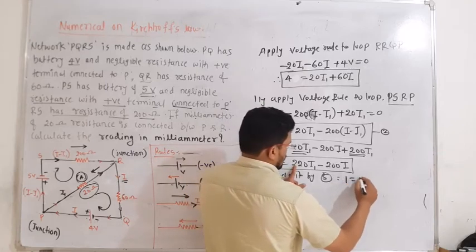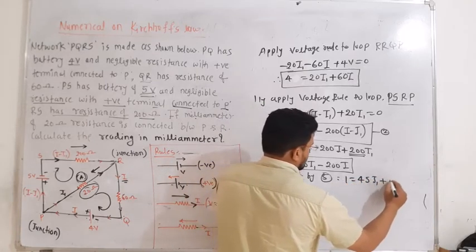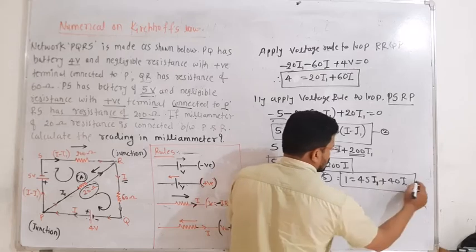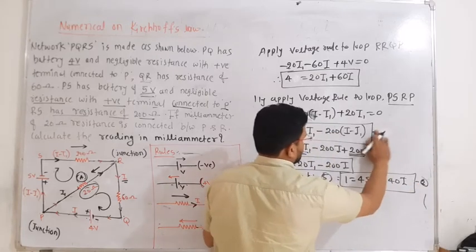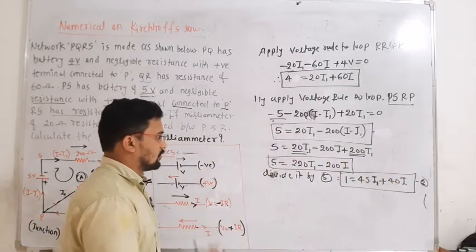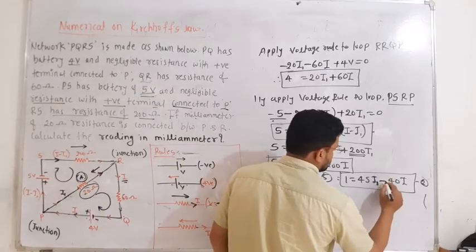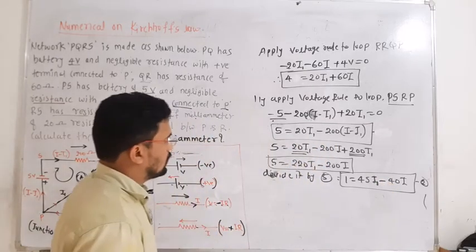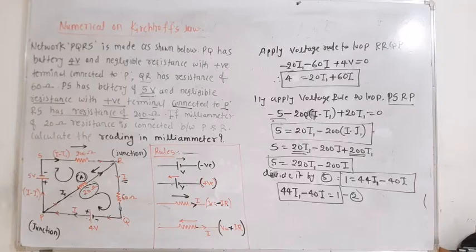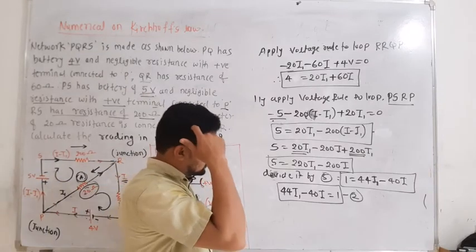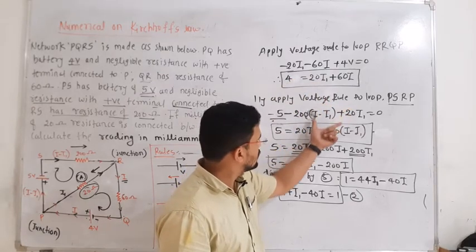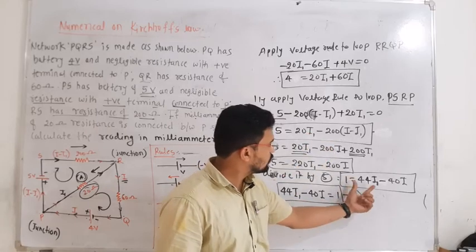If you divide this whole equation by 5, I think it becomes 45I1 plus 40I. So this is the other one, make it the second equation, not this one. You have to just divide this. Now you have got the two equations. This is the first equation, and then apply it to the second loop and you will get the second equation. Just solve this second equation and you will get this as the final.